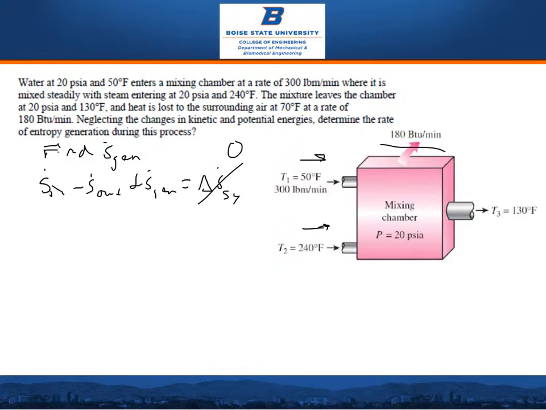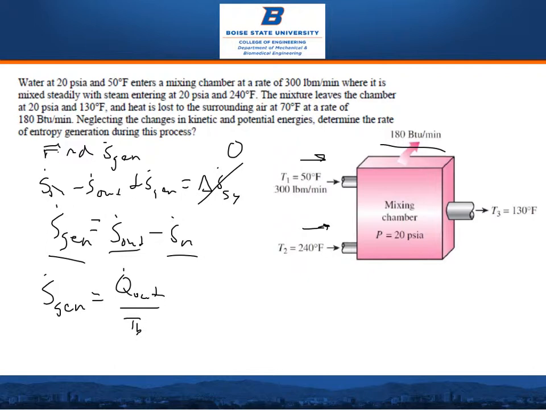Okay, we're going to have S dot gen equal to S dot out minus S dot in. Okay, so this is what we're looking for. So now we define S dot out and S dot in. S dot out is going to be equal to Q dot out over TB, and S dot in is going to be equal to